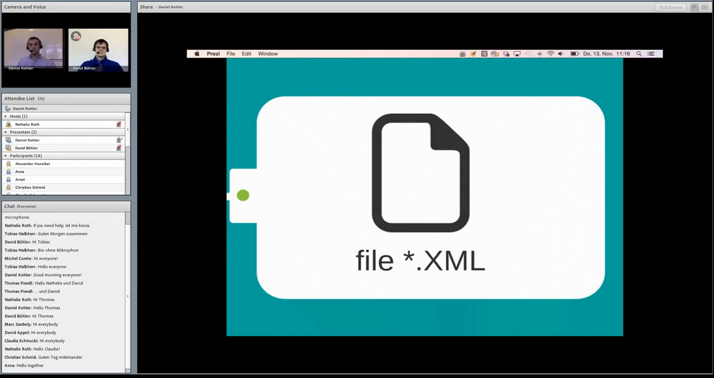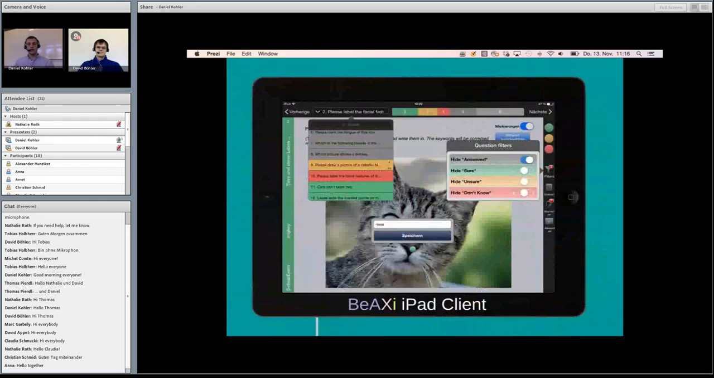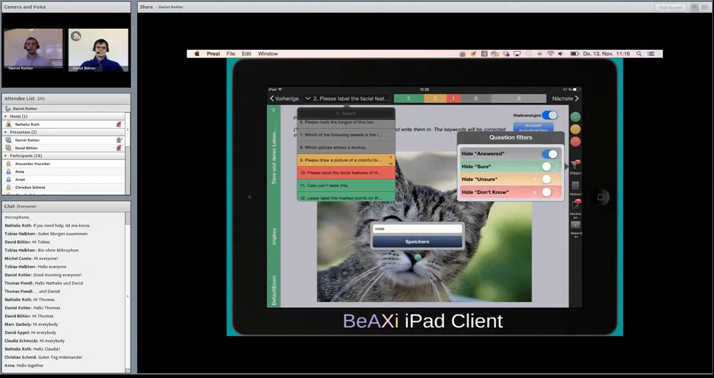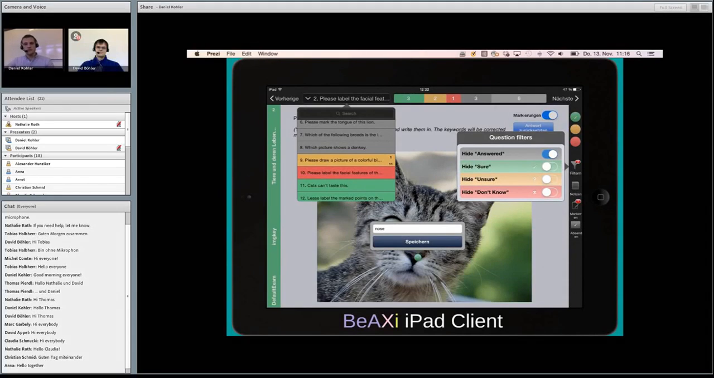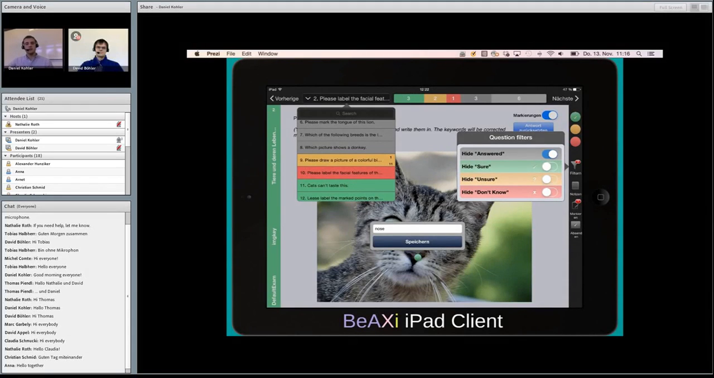And talking about the BeAXi iPad client, I want to show you what it actually is. It's the main component of BeAXi, and it allows you to conduct the exams themselves. And it seems like not too big of an application, and it actually isn't, but there is so